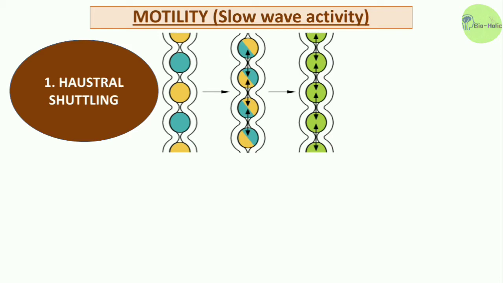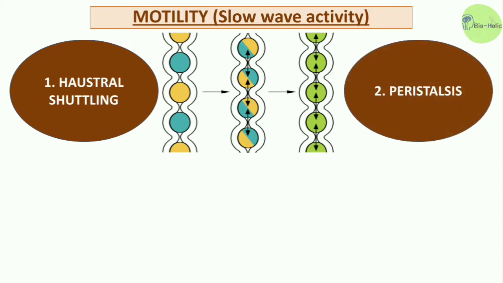It is similar to the segmentation contraction of the small intestine, which vigorously mixes the contents of the colon, exposing more of the contents to the mucosal layer and facilitating absorption. The main function of this movement is mixing and propulsion of the food particles. The second one is peristalsis, which is a progressive contractile wave produced by a wave of relaxation. Its main function is that it propels the contents toward the rectum at a very slow rate.